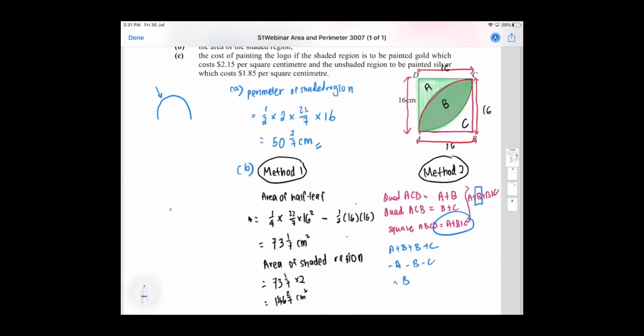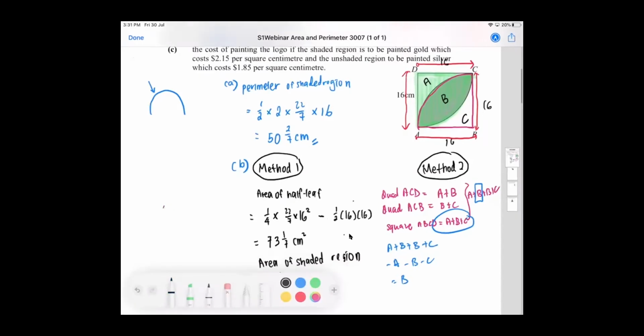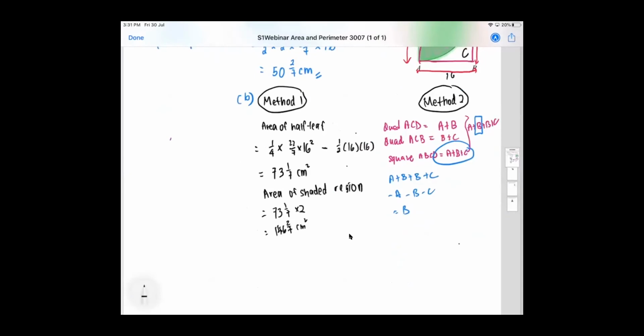Okay, so I take the area of a semicircle minus away the area of the square, and then I get the answer. So that is actually a faster way. In my working, I will present it this way. Area of shaded